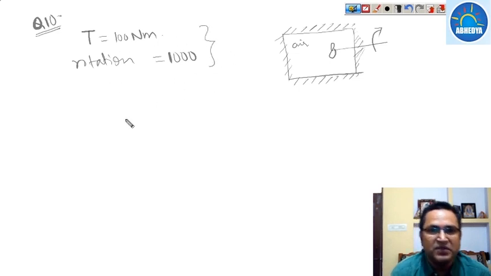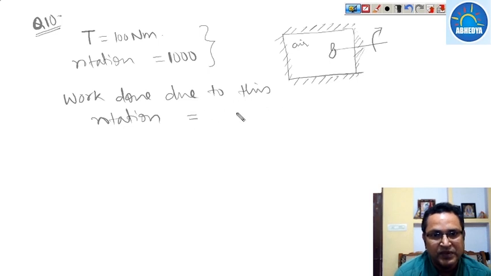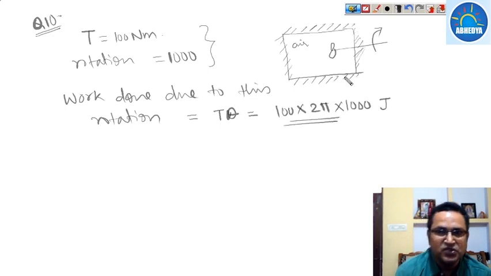So how much amount of work has been done? Work done due to this rotation is equal to T omega, that is T into theta. So this comes to be 100 into 2 pi into n, where the value of n, the rotation, is 1000. So this much amount of joule is the total work done, which is carried by the stirring process. Okay,